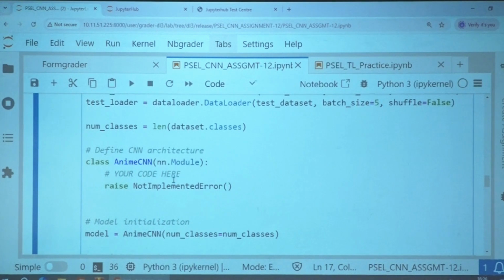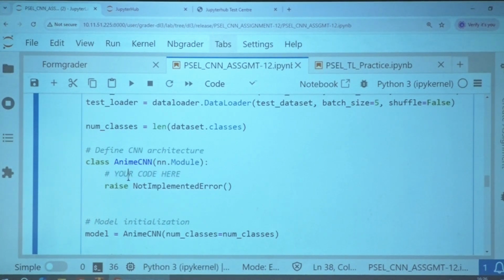Now your task is this: implement the given CNN architecture with the class name AnimCNN, the CNN for the animated data set. Here you are supposed to write the code which defines the given architecture. That's your job. The rest of the part is given to you.